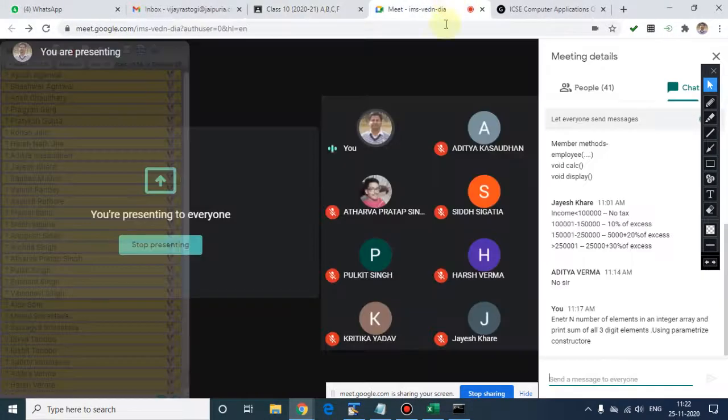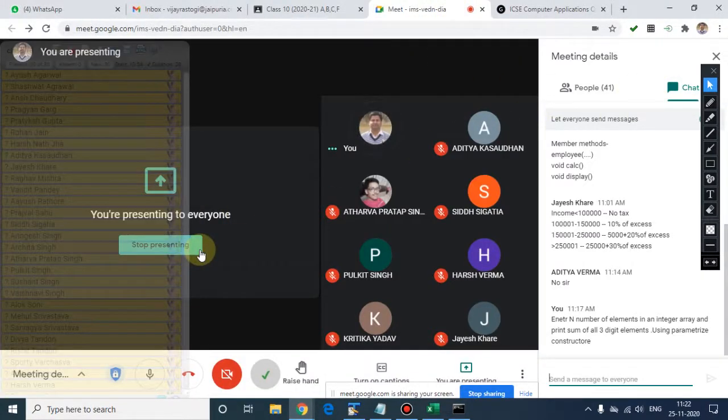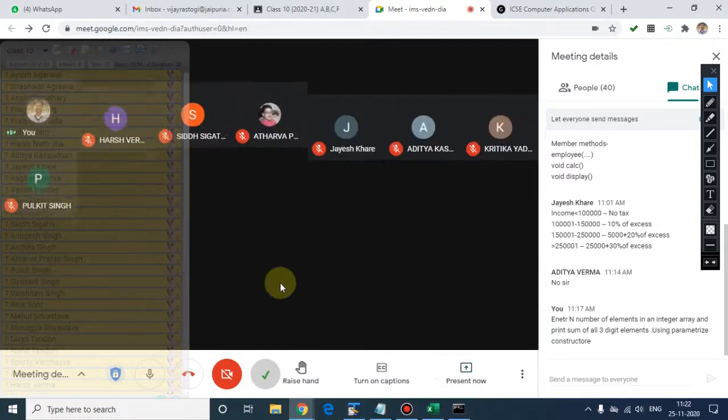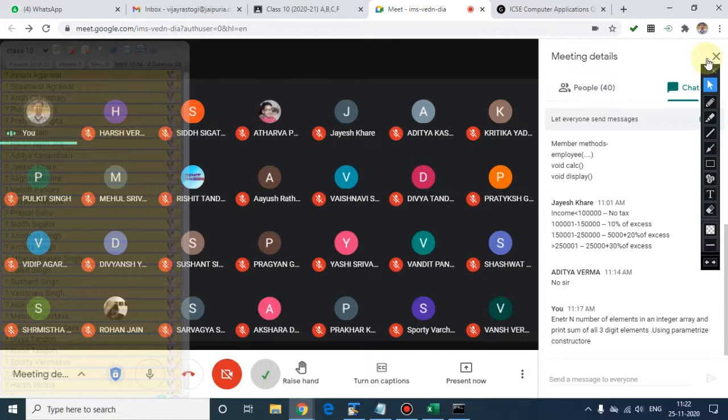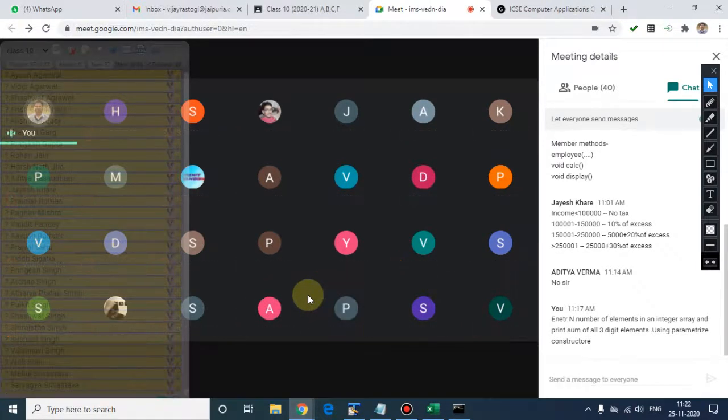So now on the basis of this, we are going to do some program based on array. So now just write down the question, everybody. The next question. We have to enter n number of elements in an integer array and print the frequency of search element if it is present, otherwise print not found. Do it fast using the parameterized constructor. This is important and easy also.